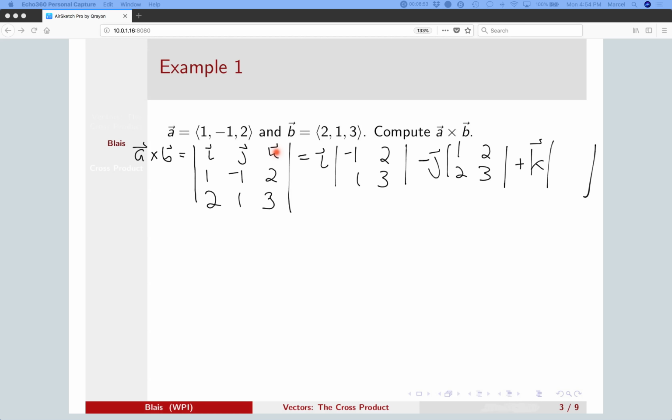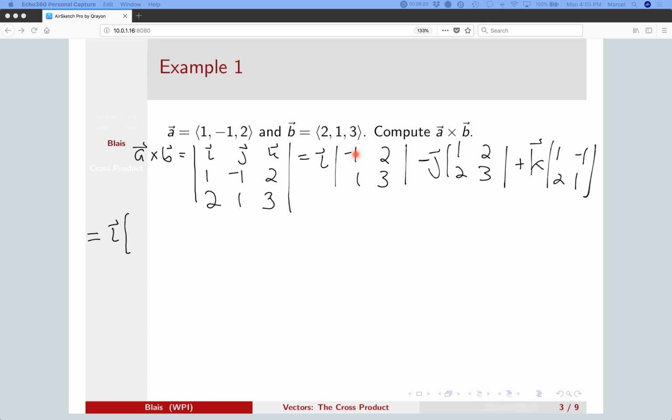And for K, erase the column and the row with K, and we get this 1, minus 1, 2, 1. What we do now is just go through one at a time and evaluate these 2 by 2s. You want to be very careful when you do these. It's easy to make algebraic mistakes. So the first,